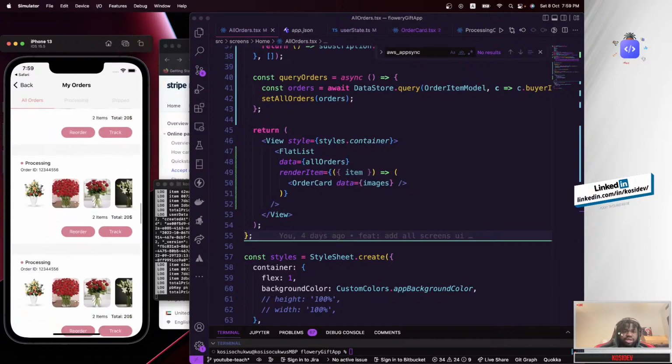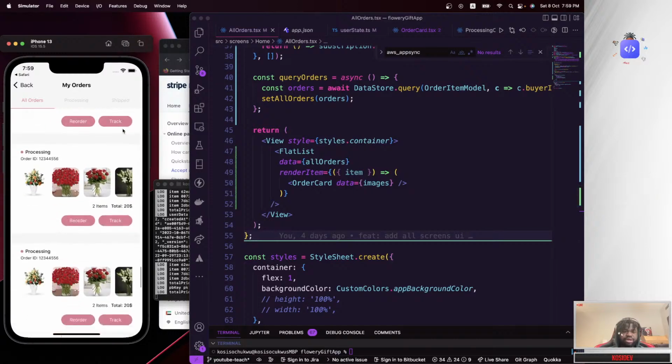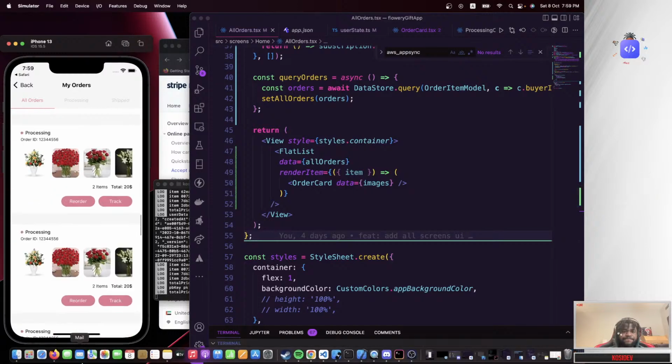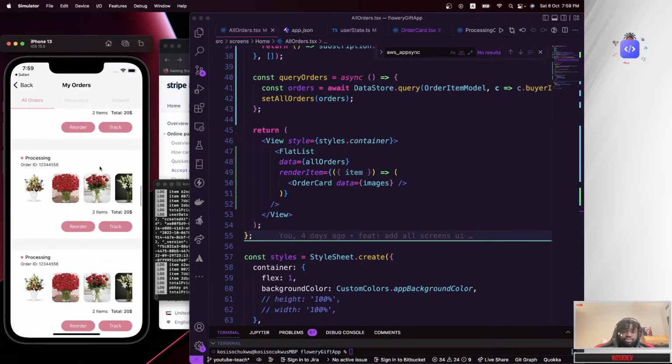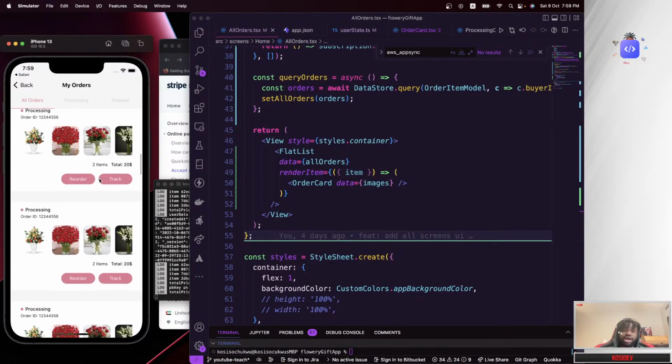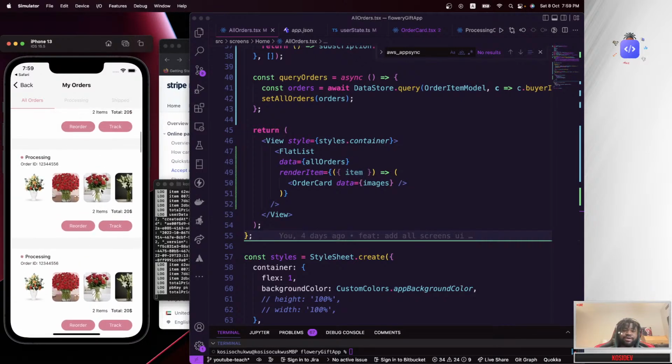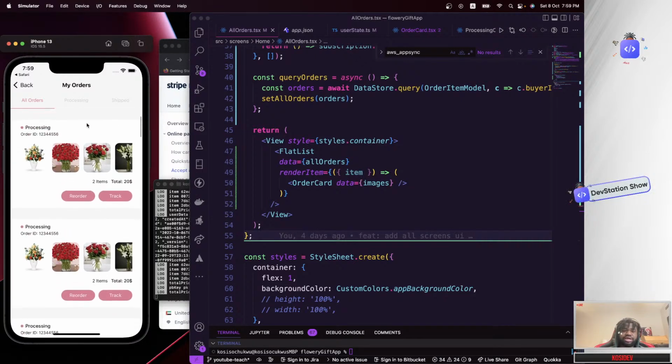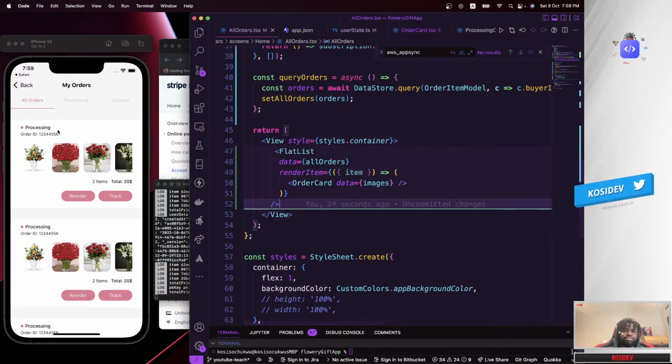These are all the orders that the user made, and the reason why you are seeing so many orders here compared to what we actually made is because this is getting all the orders that I made while testing this functionality and building this app.